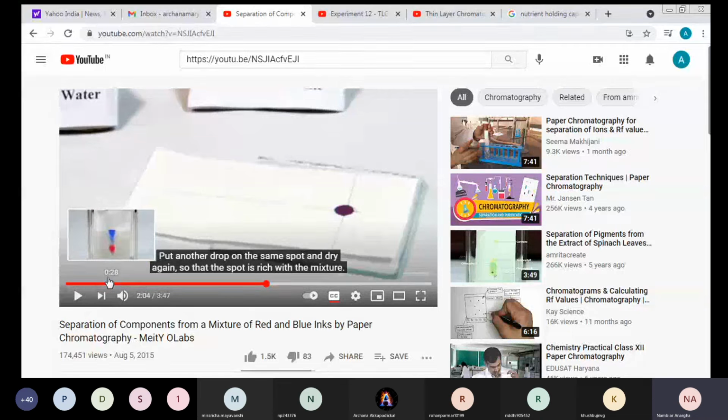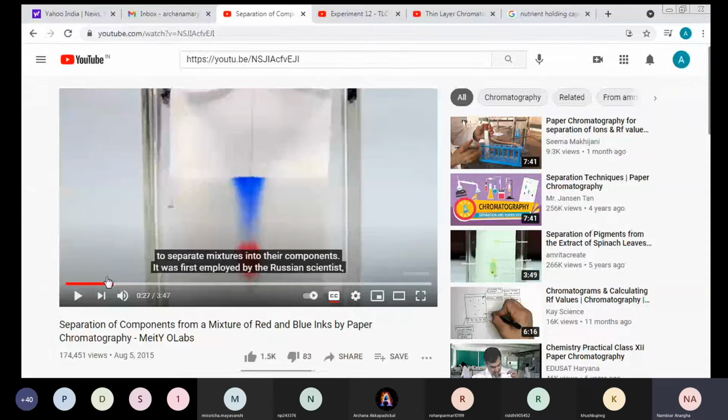So yes अर्चना, हाँ बस तू वहीं पे जाना फिर से. 27 seconds पे. Yes. So now you can see over here कि क्योंकि the spot was very large. No, that the spot was very large. That means it was highly concentrated. In that case, we can see over here